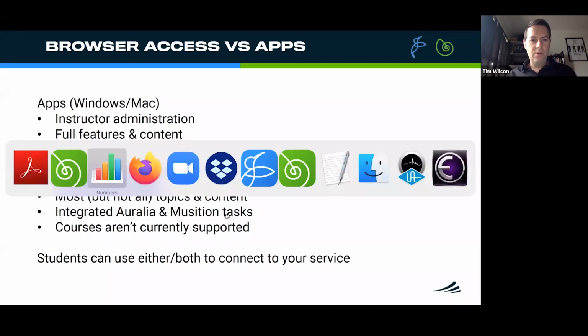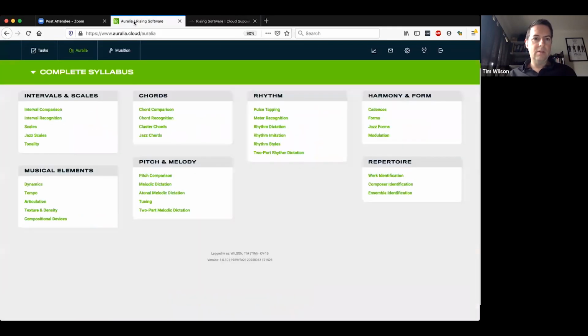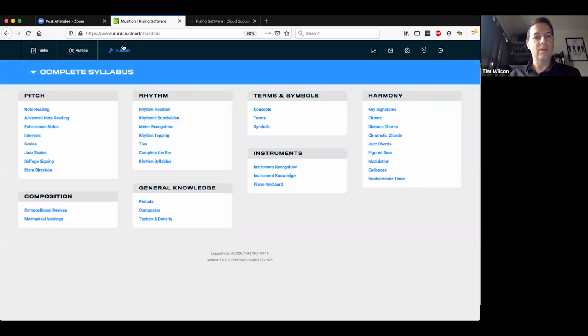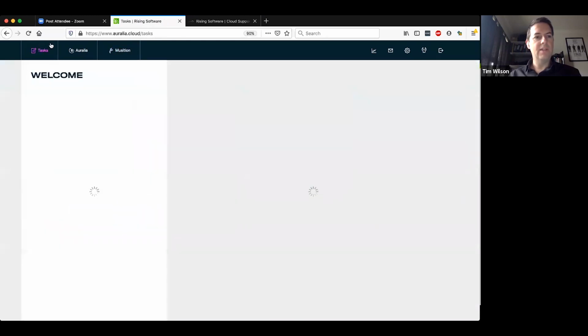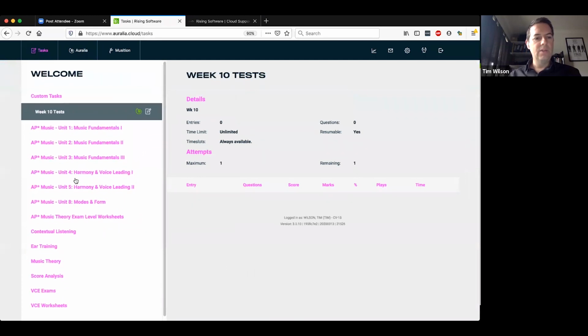Okay, so just to show you the browser access. So this is at Auralia.cloud. And even though the URL is Auralia.cloud, if you have Musician also enabled as part of your license, then students can access all of that content there as well. And as I mentioned, under the tasks area here, you will see that